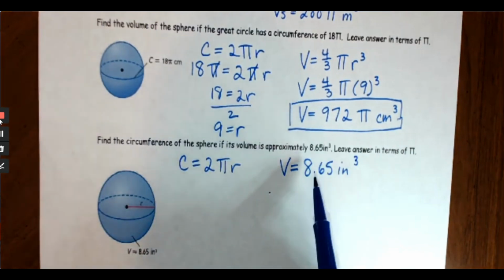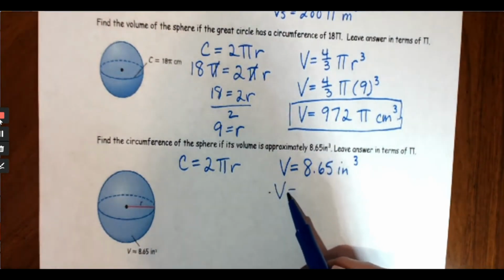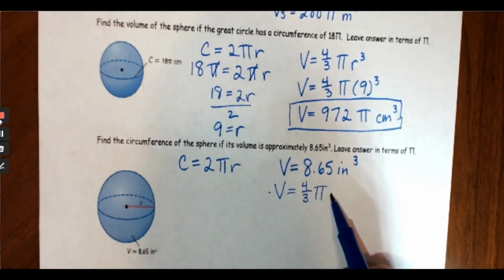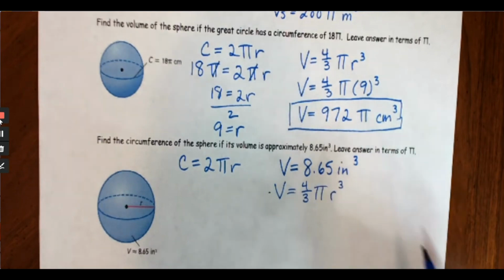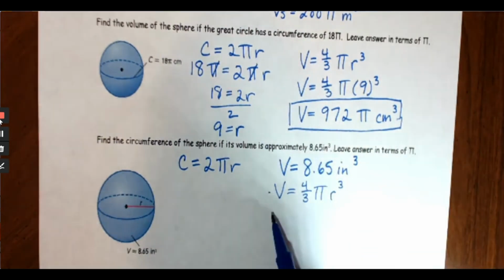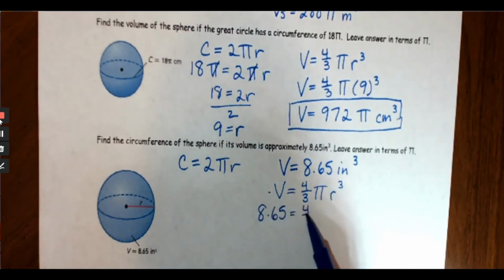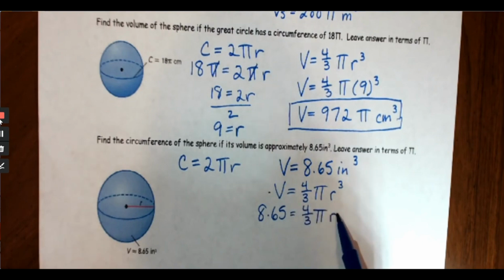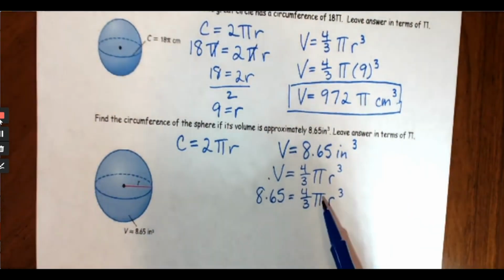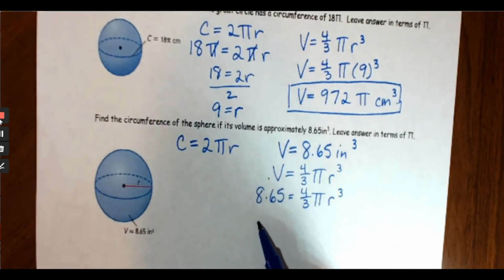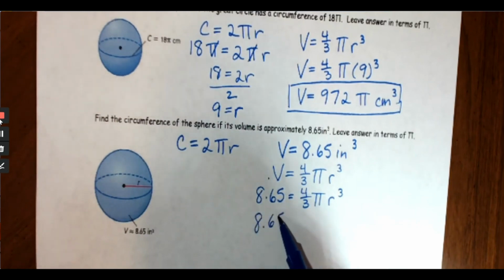So what we need to do is plug our volume into our volume formula, 4/3 pi r cubed, and we're going to work backwards to solve for r. So we're going to plug in our 8.65 for our V. 8.65 equals 4/3 pi r cubed. So now our only unknown here is the radius. So we need to just plug into our calculator. I don't know what 4/3 pi is, but we're going to plug it into the calculator. And when we do, we get 8.65 is equal to 4.19